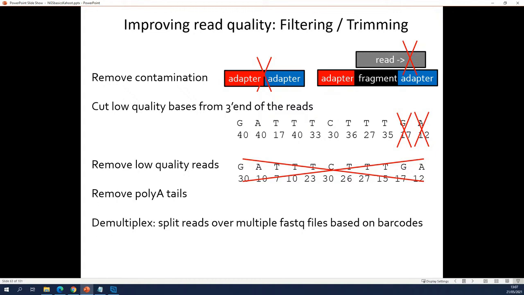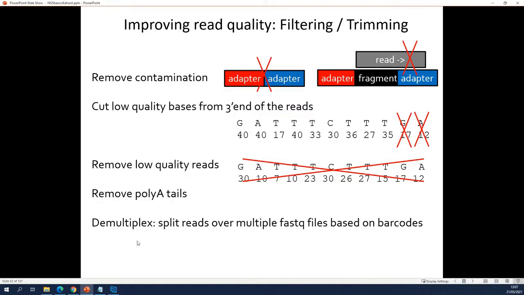So what is demultiplexing? Well, it happens when you put multiple samples in the same lane. To save costs, they often do that. They put multiple samples on the same lane. But then, of course, you need to include a barcode in your adapter that will tell you for each read, for each fragment, which sample it comes from. So that after the sequencing, you can split up your reads into one file per sample.